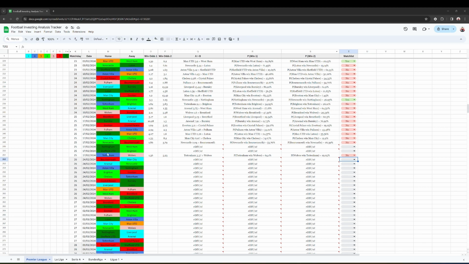Now West Ham and Brighton against Nottingham and Sheffield United. Nottingham is a better team than Sheffield United. 21 points, Sheffield United 13, despite the fact that Sheffield United beat Luton comfortably 3-1 recently. But it will be interesting to see what the market is thinking. Will we have Brighton lower than West Ham? Because the market will agree that Sheffield United is a worse team than Nottingham.